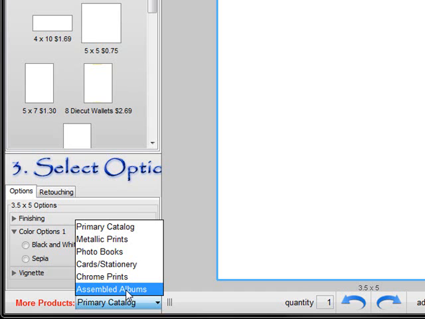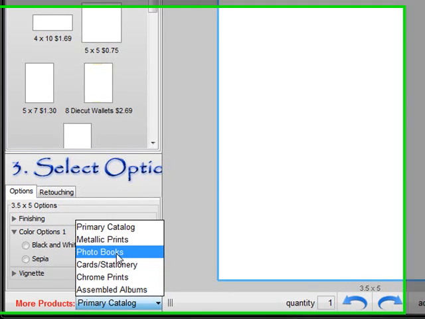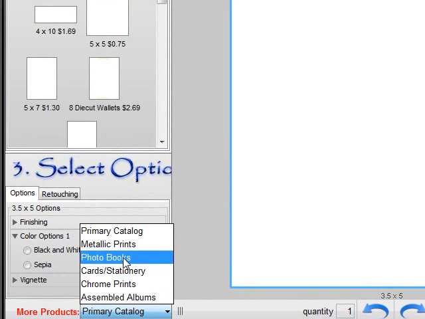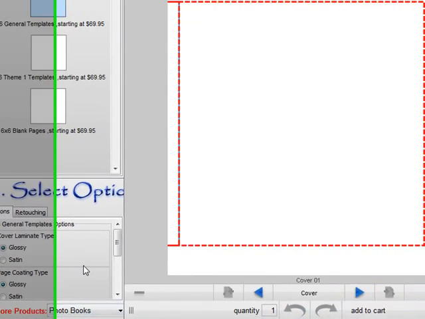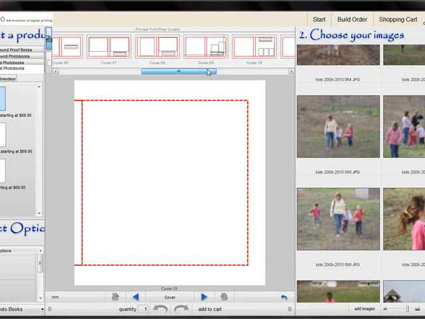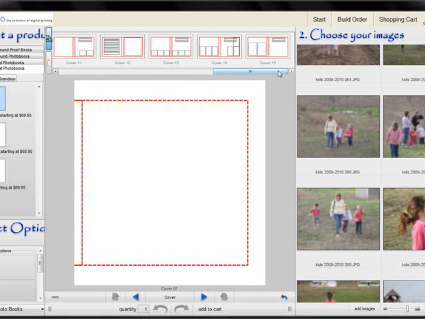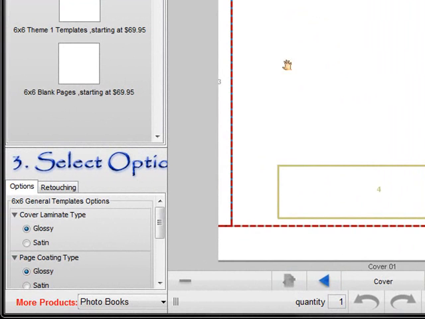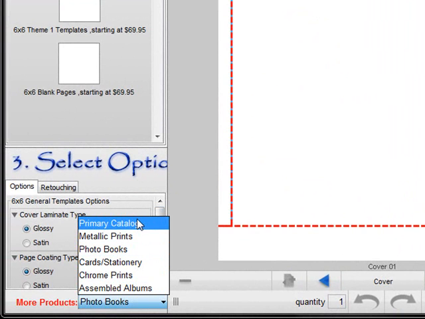So if you wanted to change to a different catalog, like let's say photo books, you'd click on photo books. Now depending on the speed of your computer and the speed of your internet access, it may take a few minutes for this to download. What it's doing when it transfers over to this photo books catalog is downloading all the templates up here that can be used in the photo books. We'll go over ordering the photo books in future tutorials because it's a more complex system. Now we can go back to our primary catalog